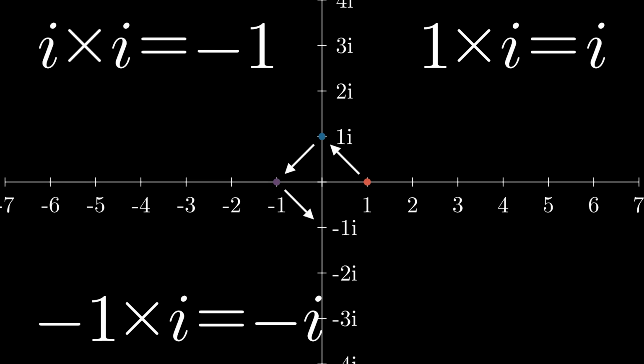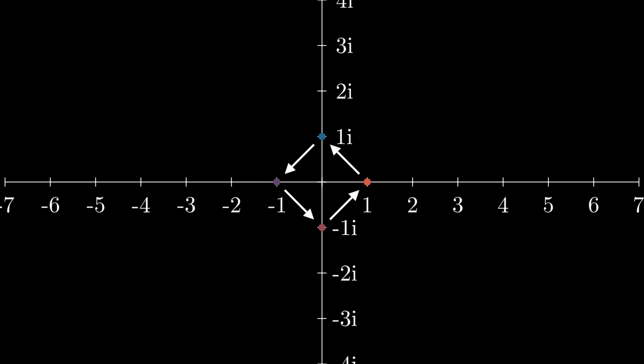And if we multiply that by i yet again, we get -i multiplied by i. Or in other words, we get -1 multiplied by i multiplied by i. Or in other words, we get -1 multiplied by -1. Or in other words, we get a 1. And there we go. We are already rotating it around the origin. But I have something that's even better.